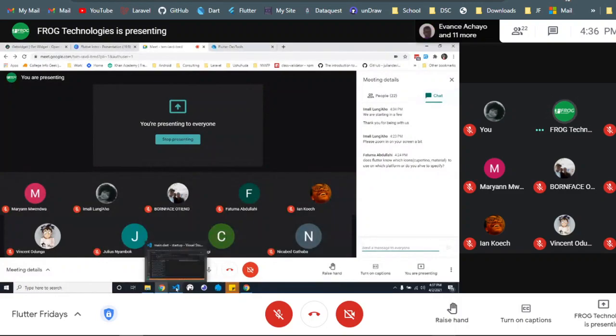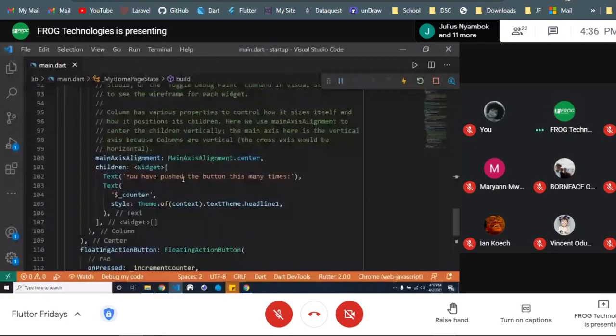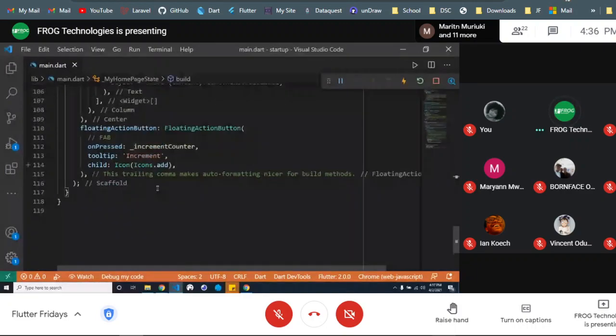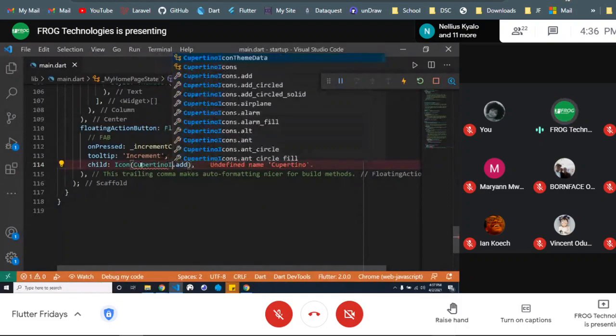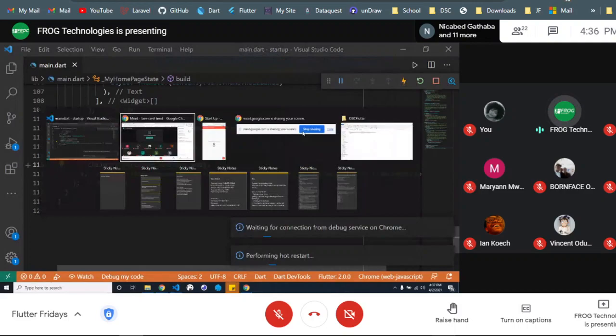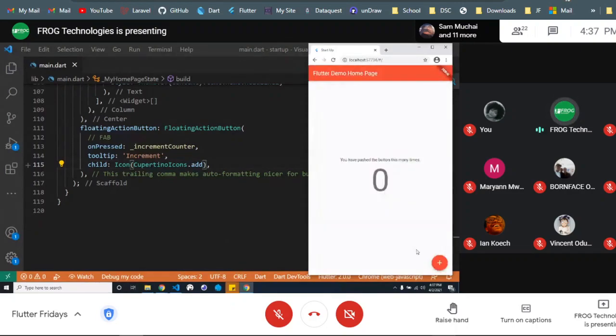So now, as you make the UI, everything is a widget. By default, icons is imported from material. So if you want the Cupertino icons, what you do is you do this, CupertinoIcons dot this, and then you have dot add. So you can have the same icons for both platforms. So you find that here we have the Cupertino version for the add icon. Not much different, but let's say